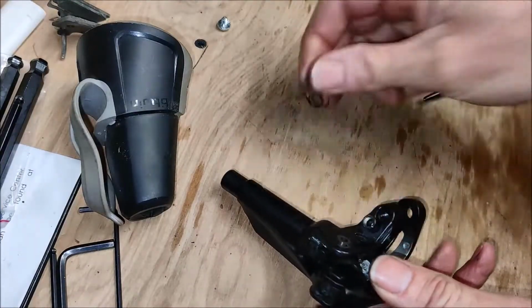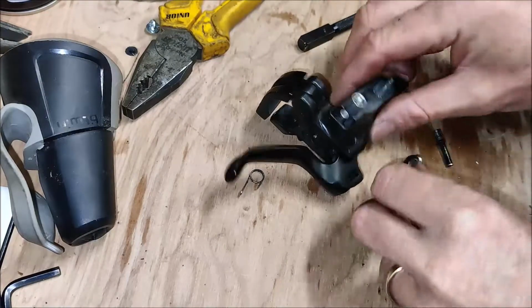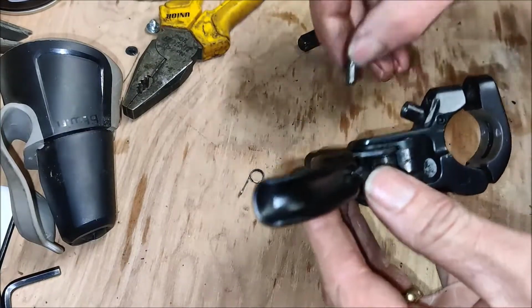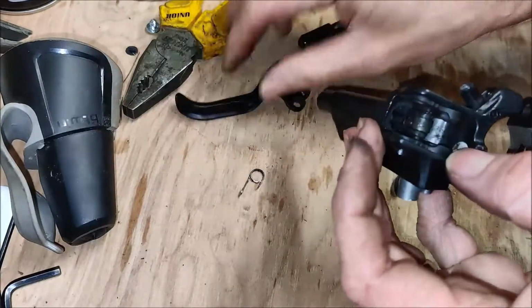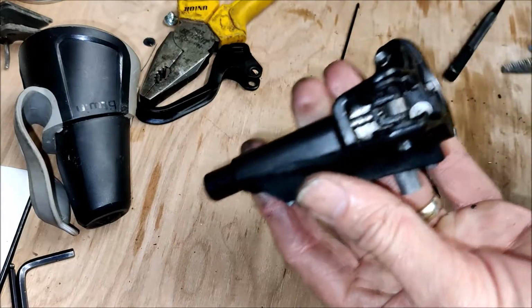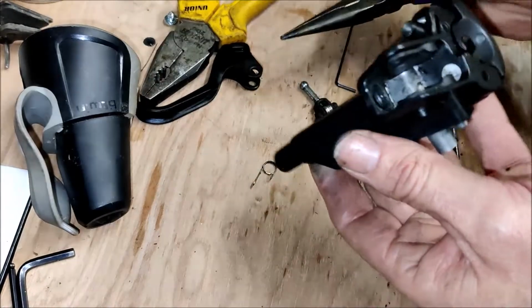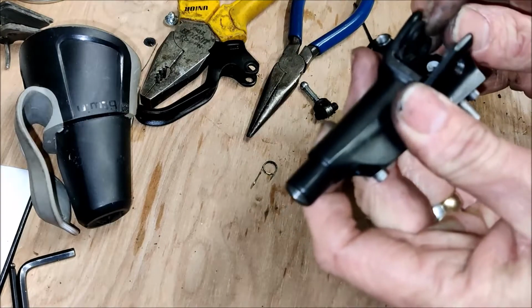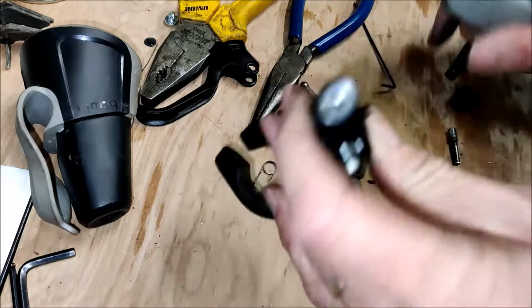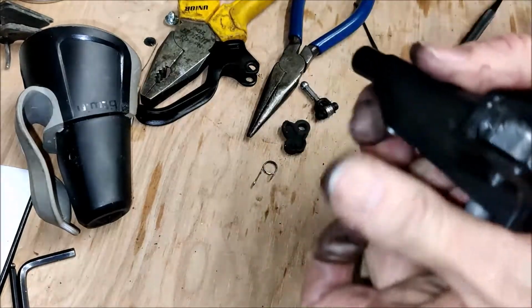So now the spring has come free. I've knocked out the pin, the rocker's out, and take that out. The lever comes out. The roller in there that's attached to a push rod comes out by attaching the pliers like that and twisting it and removing it. Then these plates can come out like so. There's one, there's the other, and then we can see